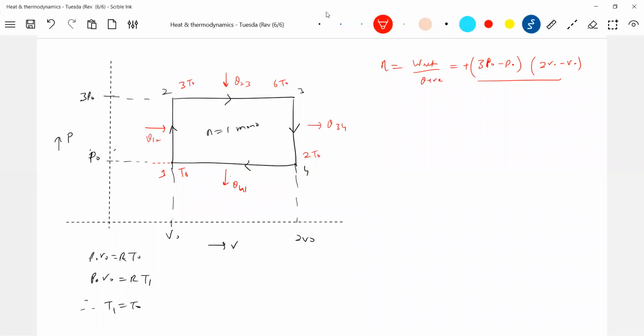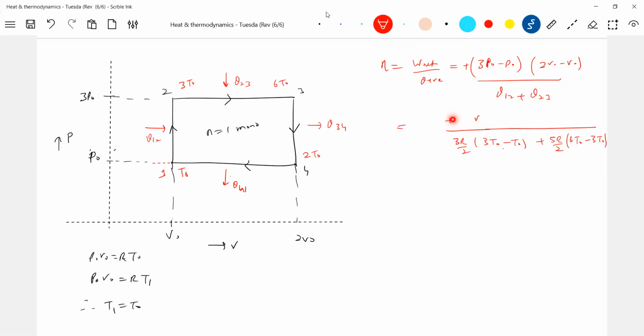What about heat absorbed? 1 to 2 and 2 to 3 are heat absorbed. So Q12 and Q23. Q12 comes directly for an isochoric process. Heat absorbed with volume constant equals n CV delta T, number of moles 1. So 3R by 2 times (3 T naught minus T naught). What is Q23? Isobaric process. In an isobaric process it should be n Cp delta T, number of moles is 1. Monoatomic gas, so what is the value of Cp? 5R by 2, times the temperature change.